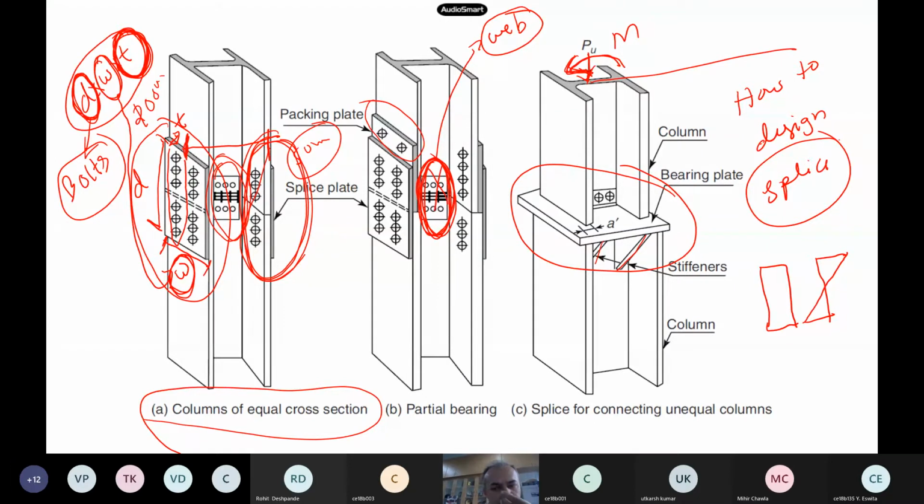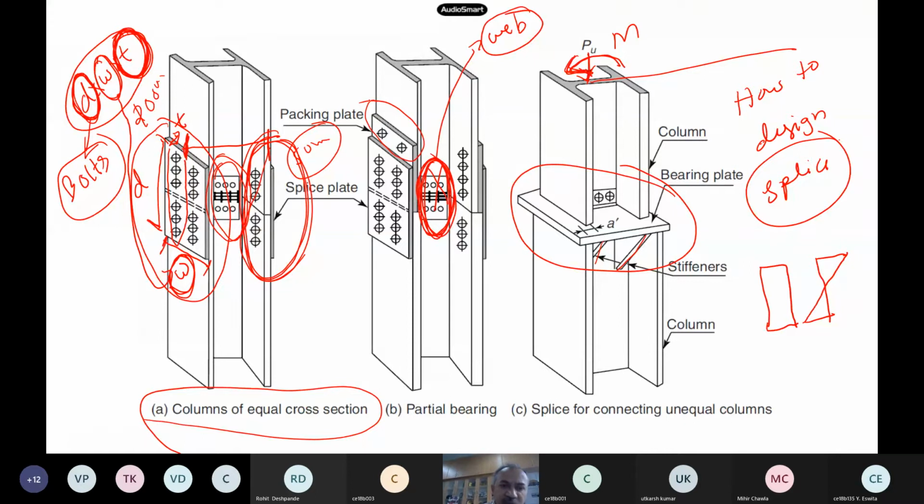Now you have to decide what other things you have to provide. The columns are of two different sizes, one is a 200, the other one is a 300. So you have to provide splices where you have to put the splice.